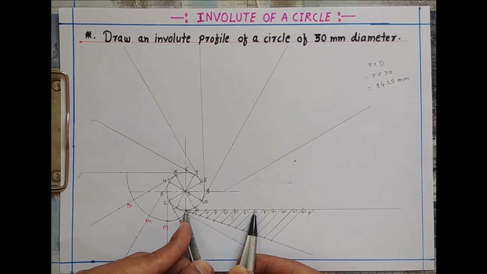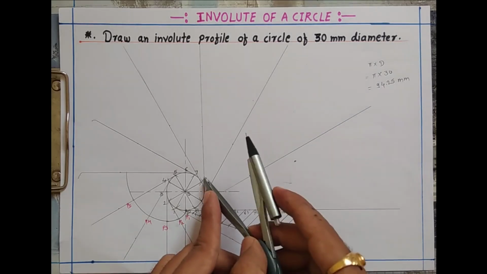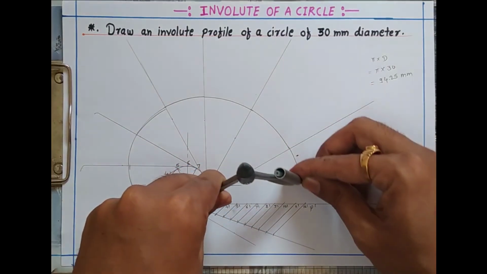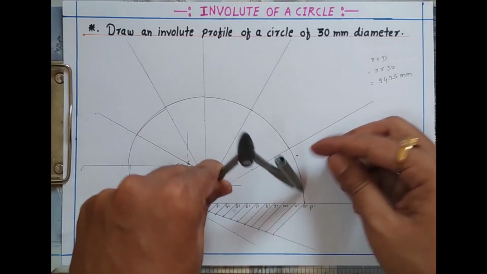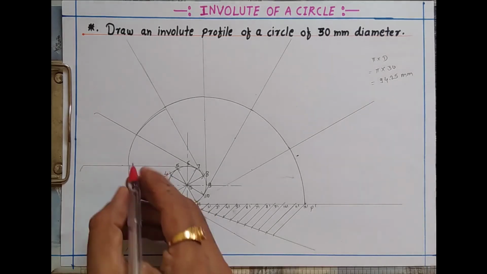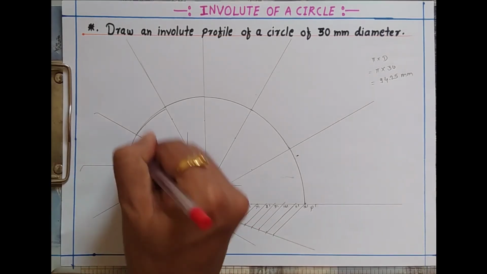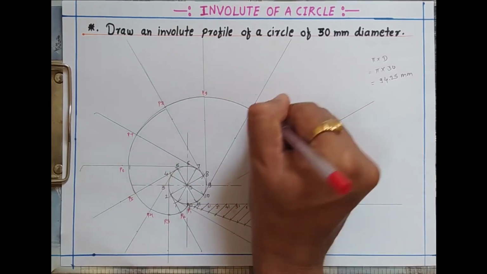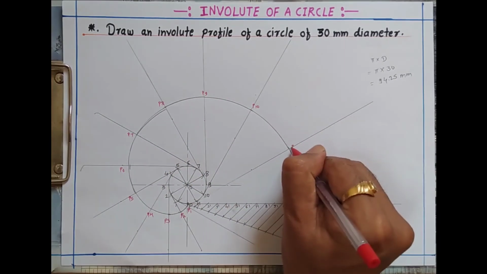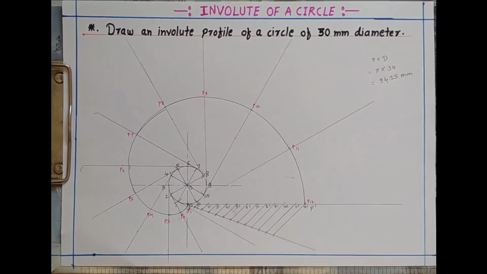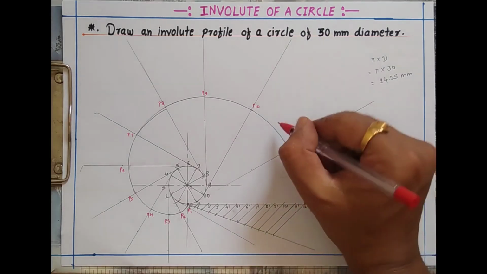So we just complete over here the portion of that involute, and the last point over here, p to 11 dash as a distance and 11 as a center, draw an arc. So it gives you an involute. So you can see over here how your involute of a circle looks like when that thread is unwound from point 1, from point p to that point 11. Just give the naming for every intersecting point, p11 and the last p12 itself on the point p dash. So here you can see it's actually an involute profile.